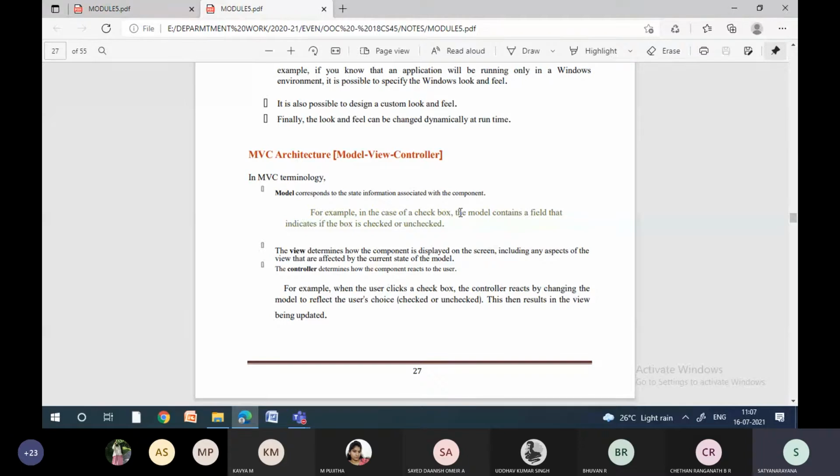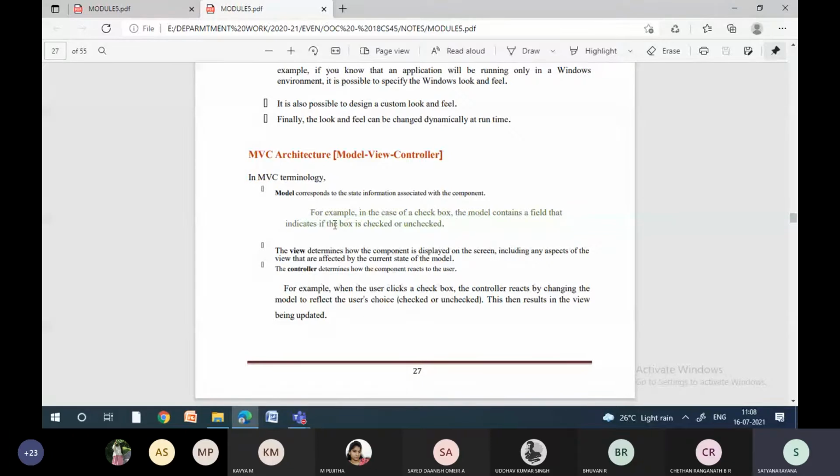So the model corresponds to the state information of the component. That is called model. Model is the state of the particular component in the page.